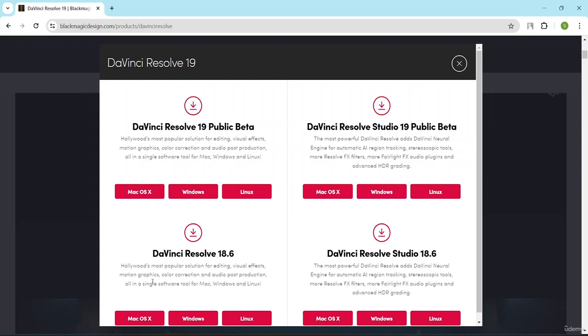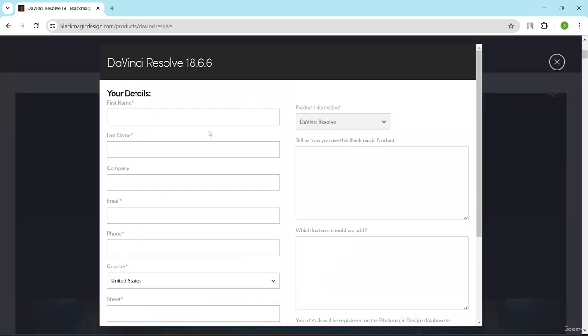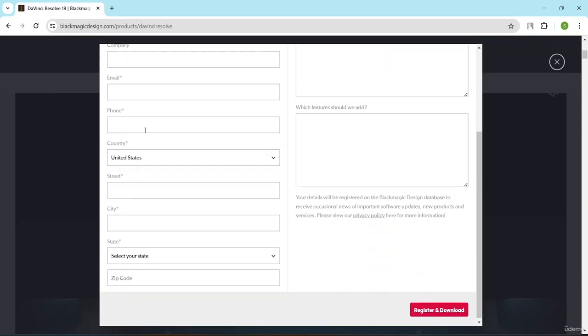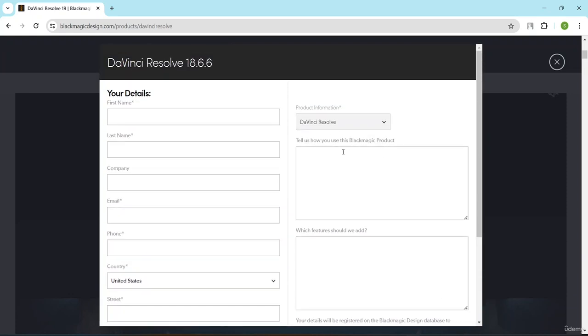Are you using a Mac OS or an Apple product, or you do have a Linux PC, or you are using a Windows? Okay, so let's say I am using a Windows for now, and if I just click on Windows, a file will get downloaded, which I need to later on actually save. Okay, so if I just click on Windows, basically it will just download me a page over here, and also they're asking me to register. Okay, so once you click over here, you guys can see that you need to put on all your details over here. You need to put on your country, the phone number and stuff,